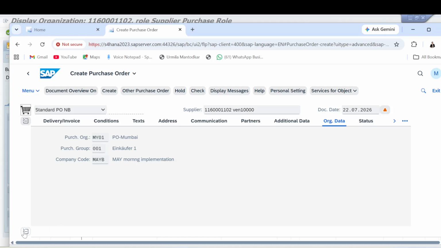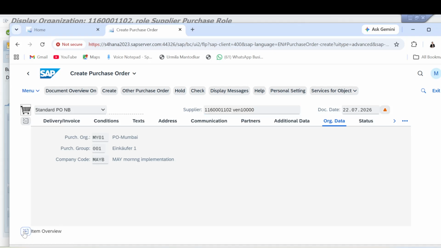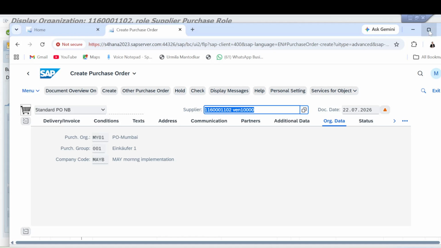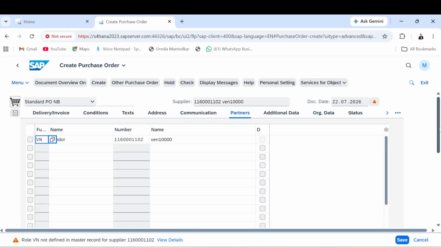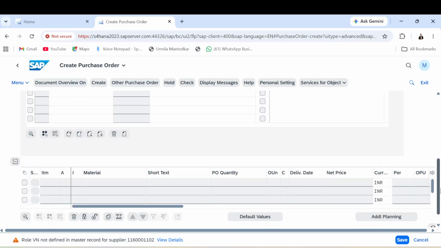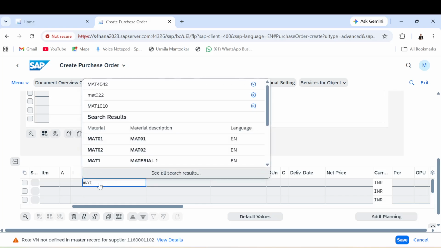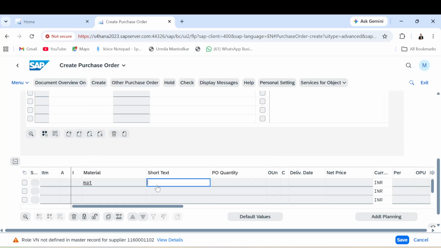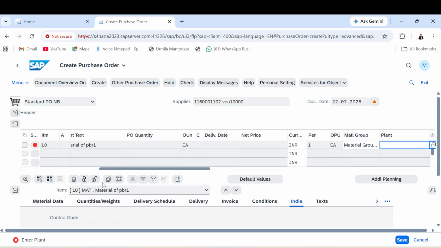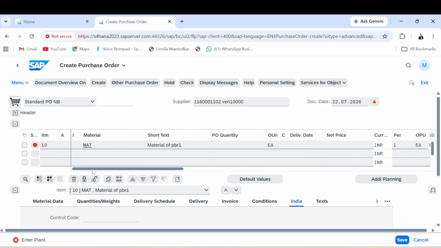Then here it is. This is item overview. So let me give these details here. Item overview, material number, then just giving all these details.